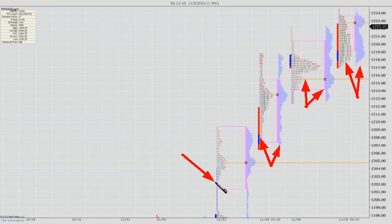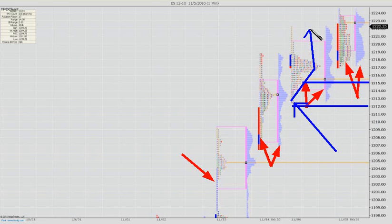This was part of the up move that occurred in the overnight session going into Thursday's trade. So you can see that we continue to have the follow through higher. We were looking at either the 12.15 area as support in here or down at the 12.12 area as support. And as you can see, overnight the market hit 12.50 and then had a nice bounce, especially after the employment news was released. The market had a good rally at that time